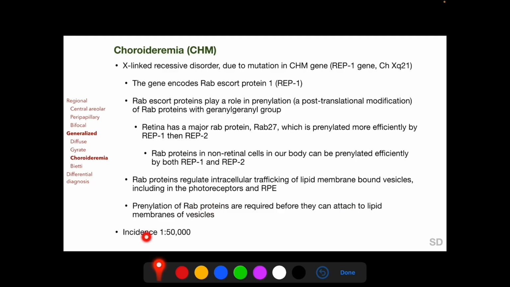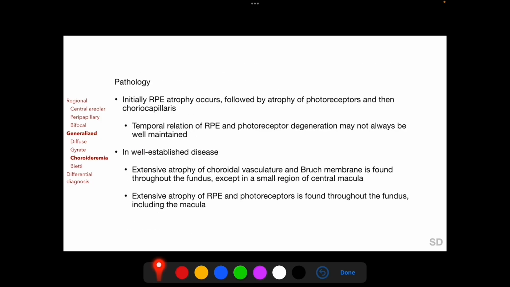The incidence of choroideremia is 1 in 50,000 individuals. Like other choroidal dystrophies, initially RPE atrophy occurs in choroideremia, followed by atrophy of photoreceptors and then choriocapillaris. And in well-established disease, extensive atrophy of choroidal vasculature and Bruch's membrane is found throughout the fundus, except in a small region of central macula, but extensive atrophy of RPE and photoreceptors is found throughout the fundus, including the central